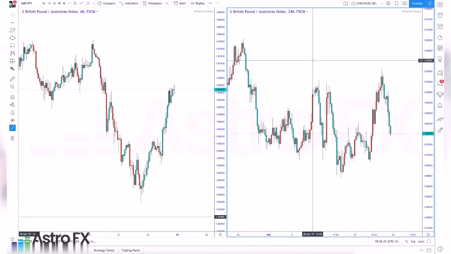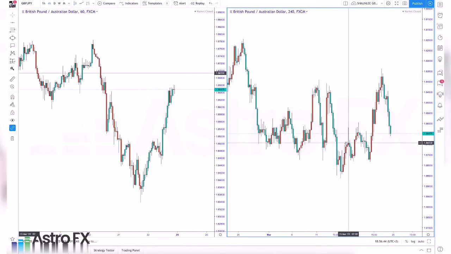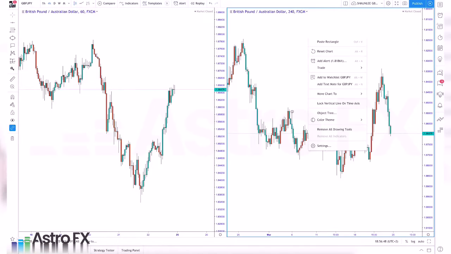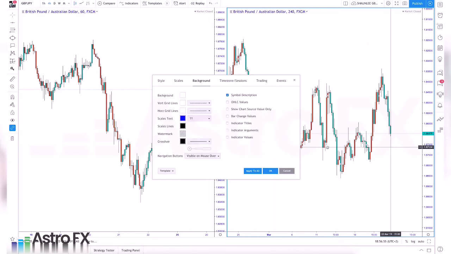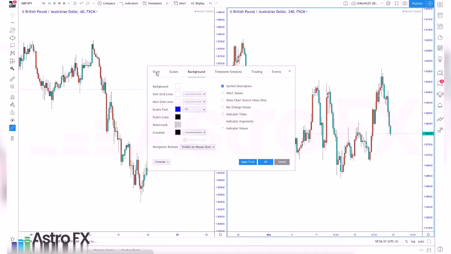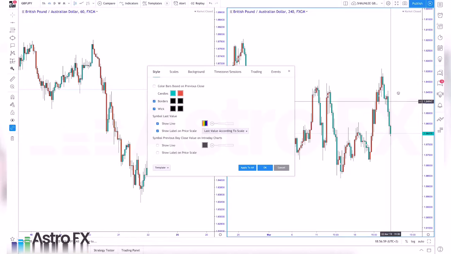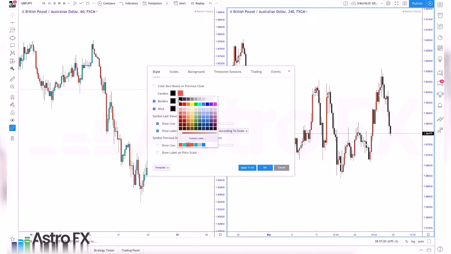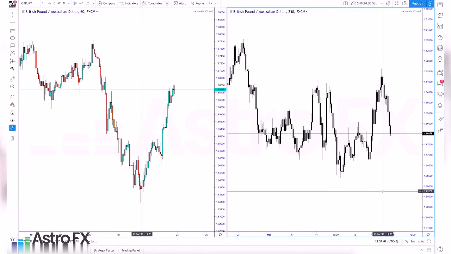So what also we can do, the suggestion here, is that if you just follow me, this will all make sense in a moment. All right, so we go to color theme, and we go to settings, we'll save this first. We go to settings, you go to style. All right, so what I want to do with the candles, because obviously they are opposite, we want to go black, black. All of these settings are now black. Okay, as you can see,